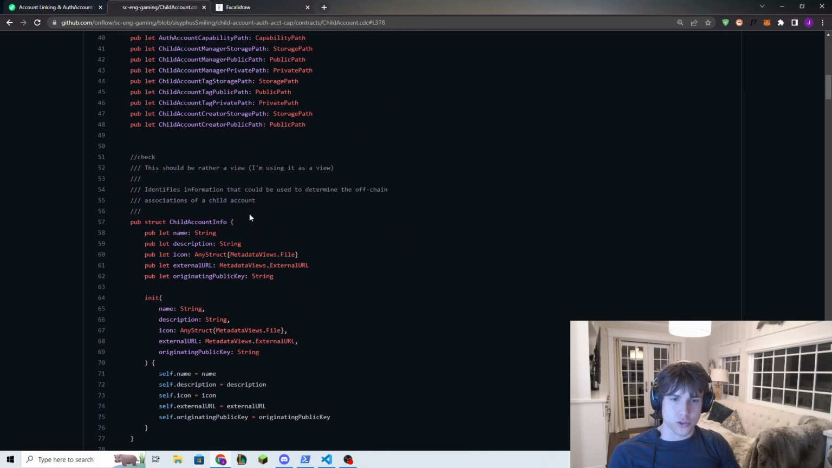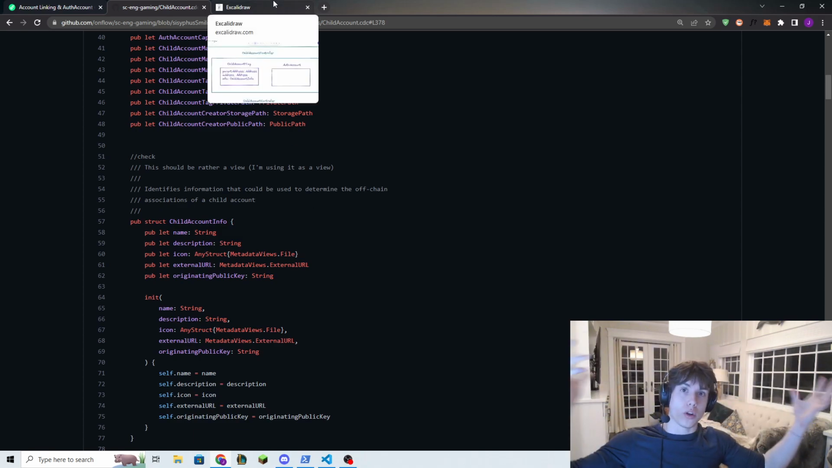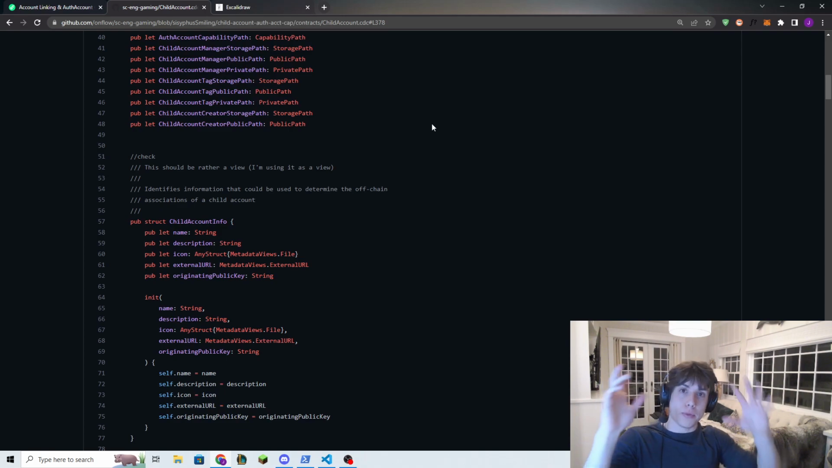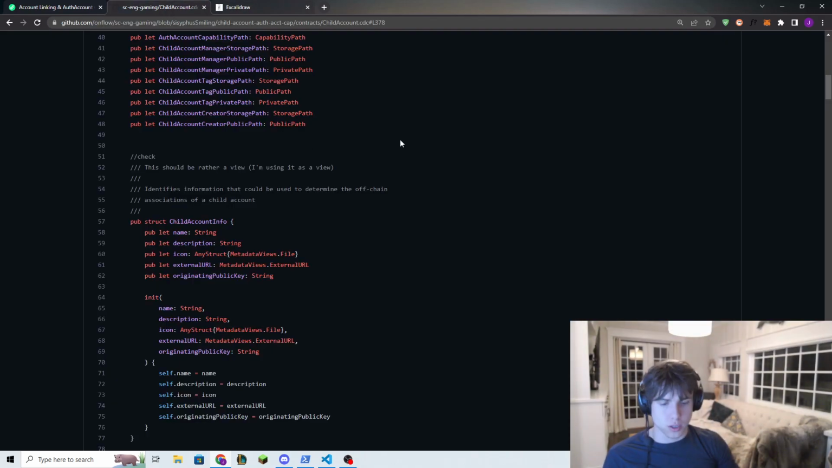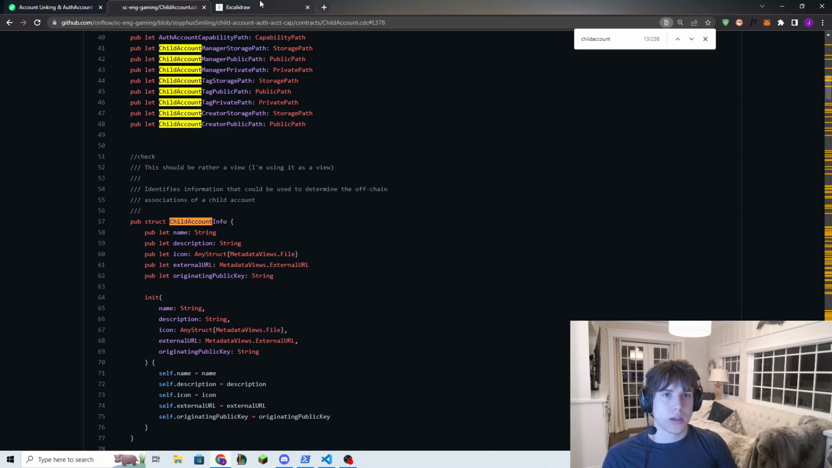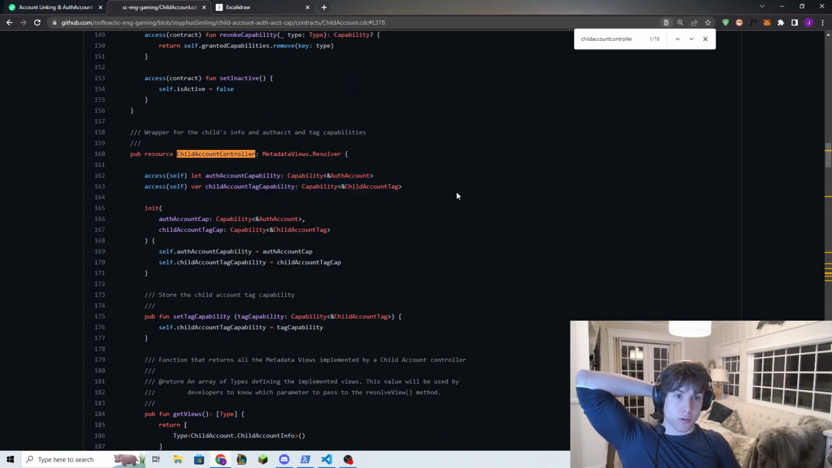They have a contract called child account, and essentially what's happening in this contract is they're defining a resource that the parent account will own, and then the parent account will be able to create child accounts inside of a resource by literally creating a child account and then signaling to that child account that it is its parent. So there's this resource you can actually look at. It's called child account controller,